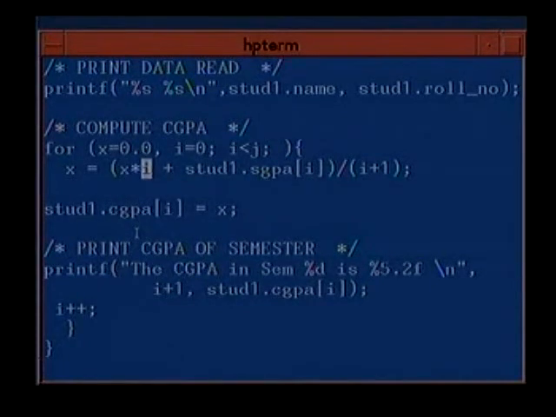nothing has been done, i is 0, and the first element is in sgpa[0]. So the 5th semester result is in sgpa[4]. That is why you multiply the CGPA over all the 4 previous semesters by 4 and add the 5th semester result, because the 5th semester result is in stud1.sgpa[4], and you divide it by i plus 1. All right. So this way you can compute the CGPA of each and every semester,